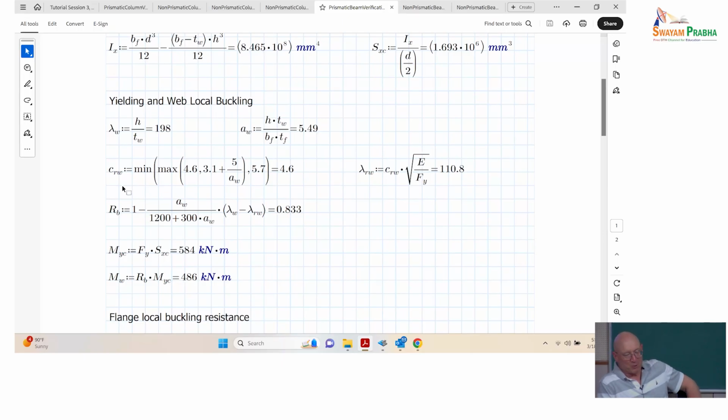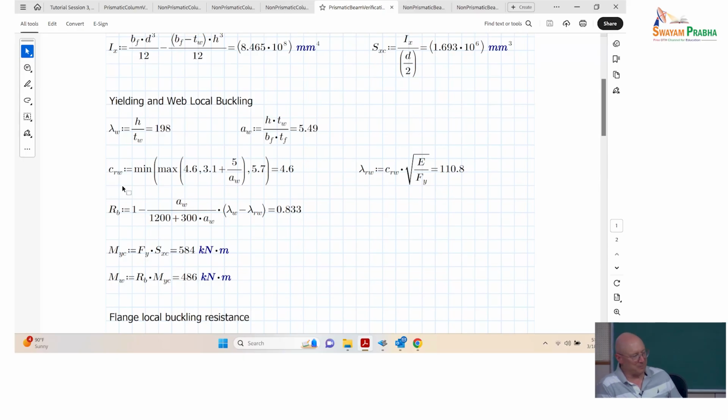from Dr. Lakshmi Priya's work, we recognize that once we're getting into some of these sections, the slender web, or the non-compact web limit, where it goes from non-compact web to slender web for flexure, or class 3 to class 4 if you're thinking more in terms of Indian standard or Eurocode standard. It is not as, it's the very small flange, very large web is tending to be damming, and we need some reduction in that